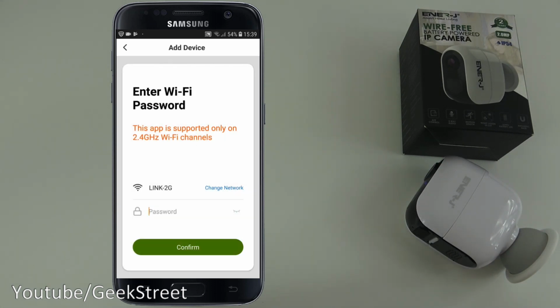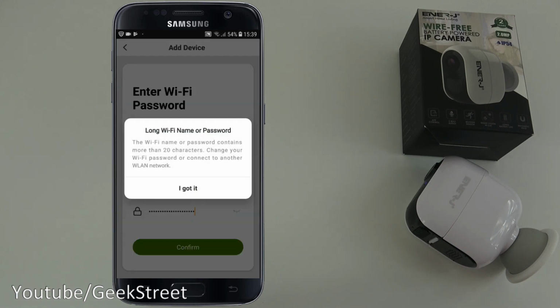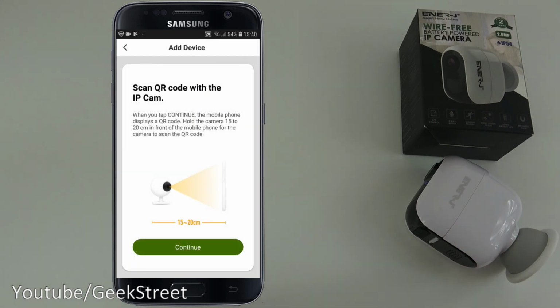So let me do that off camera. Okay, so I've entered my Wi-Fi password. Let me click confirm. Okay, next I need to scan in the QR code on the camera. So very straightforward. As soon as I click continue,